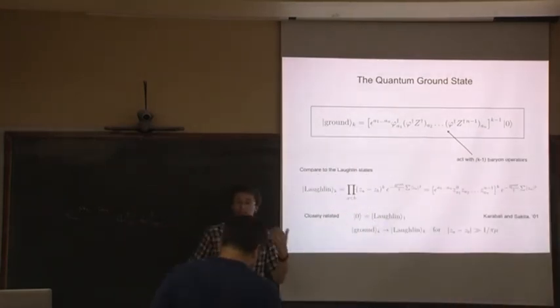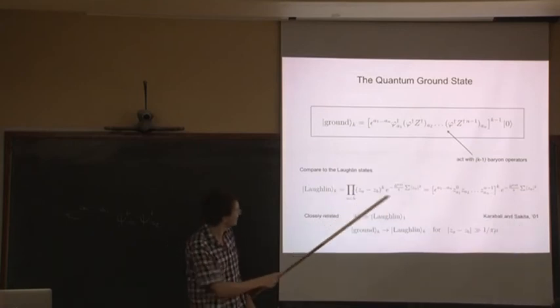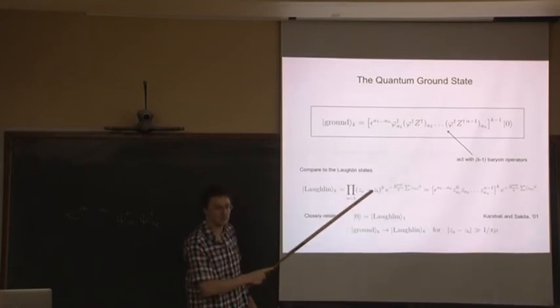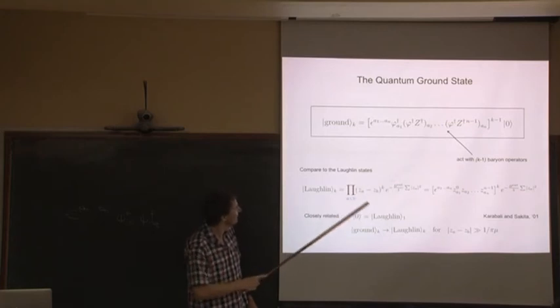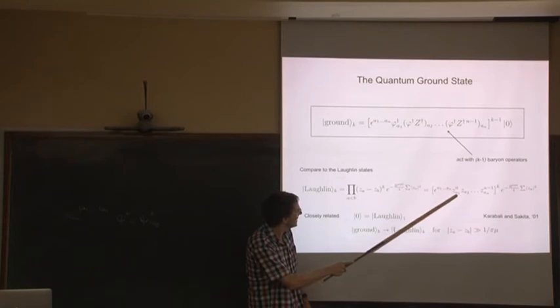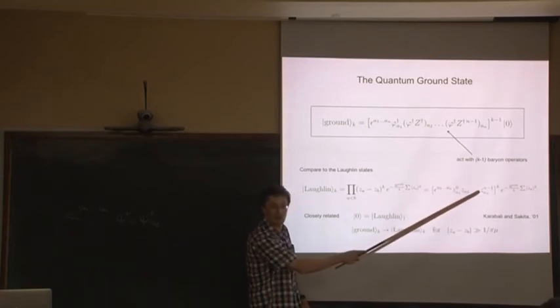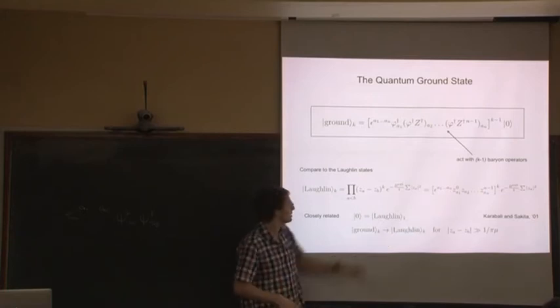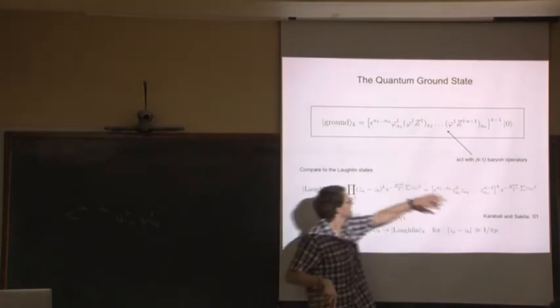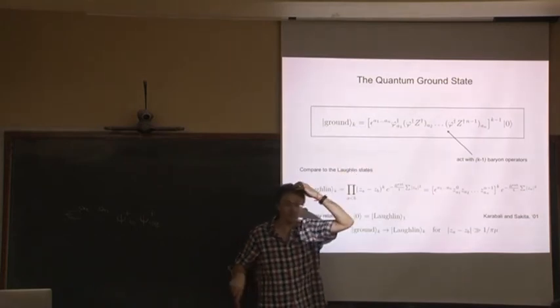This starts to look very familiar, okay? Because the Laughlin state, which we met in the last lecture, is given by this. And if I expand out this Vandermonde determinant, I can write it as an epsilon with z_A1 to the power 0, z_A2 to the power 1, through to z_AN to the power N minus 1. So this Laughlin state is very, very similar in structure to the kind of state we've written down above.